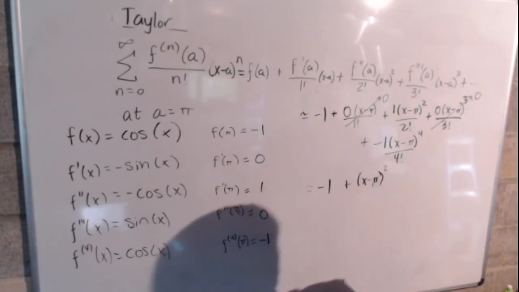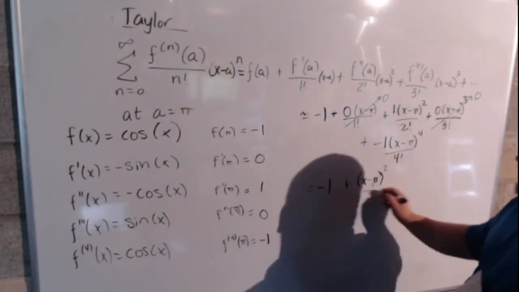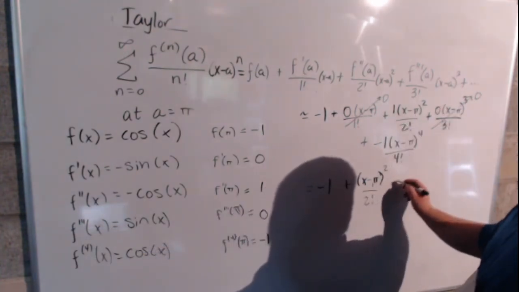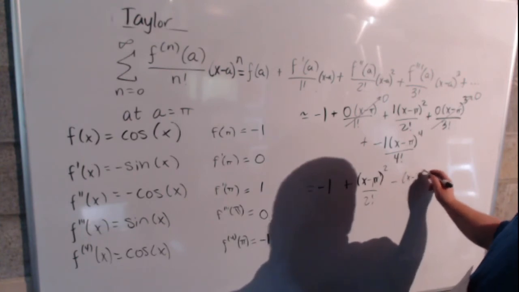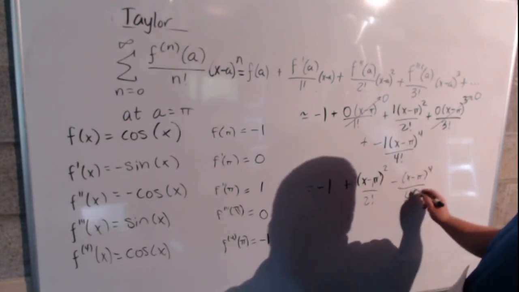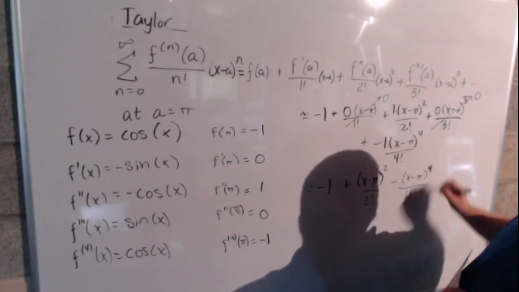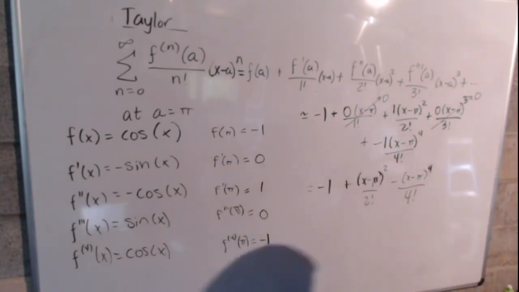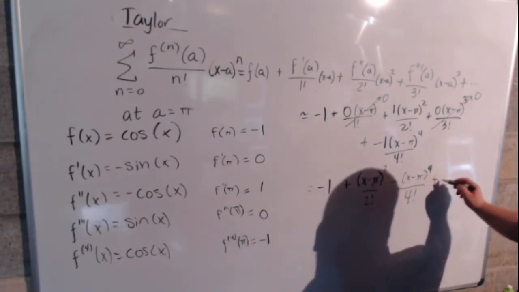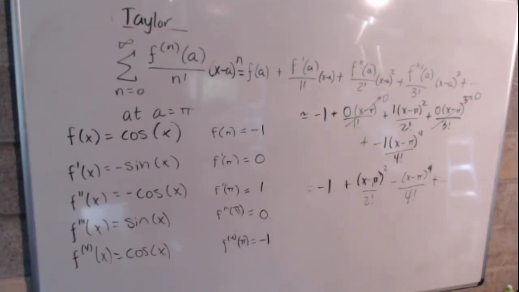Okay. So x minus pi squared over 2 factorial minus x minus pi to the 4th over 4 factorial. And again, that continues. So those are my first 3 terms. If I wanted to write that in closed form,